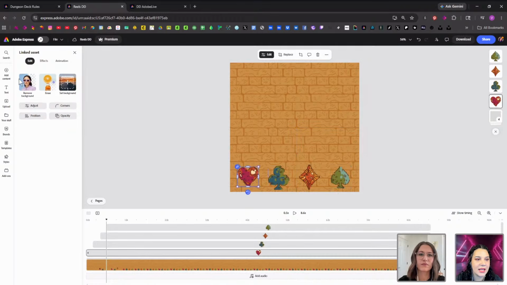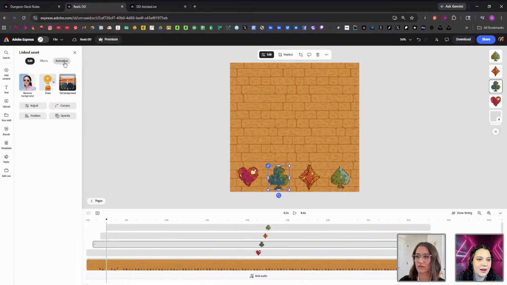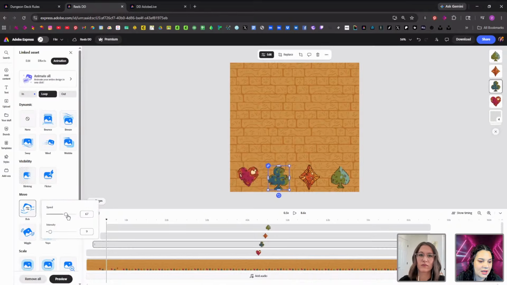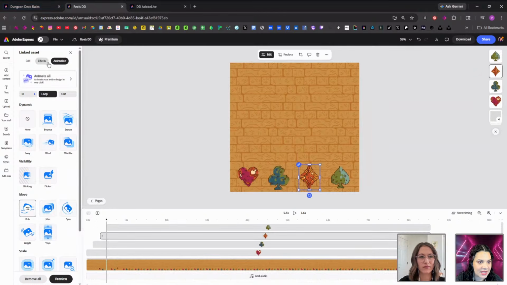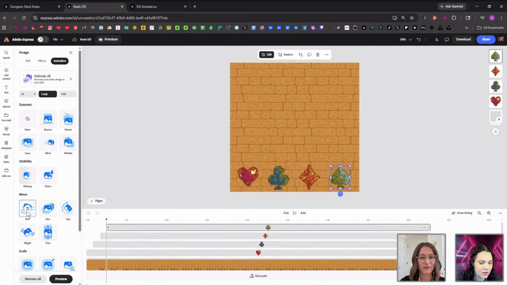So another thing that I can do is come into the animating and change the speed just slightly on all of them, because that way when they do animate, if for some reason they do end up getting synced a little bit, which sometimes happens, they will all slightly offset each other, which I prefer. So let's increase that like so. Okay. And now we're going to play it.